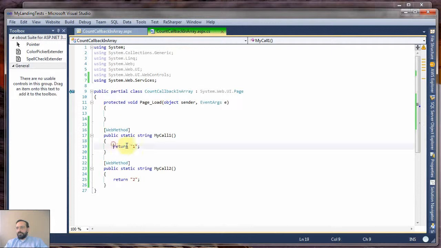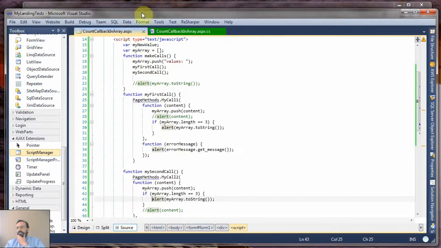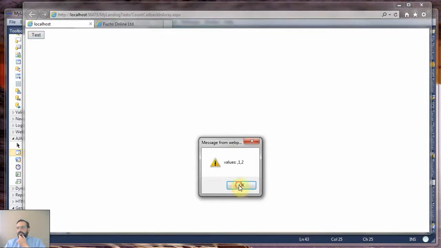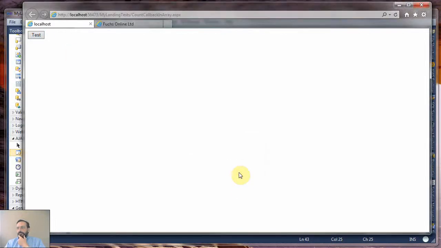For example, if I had some operation going on here, it's very likely that one function might take longer than the other. So the order of the array can be different every time. So I think this is what you wanted to achieve, and I hope everything is